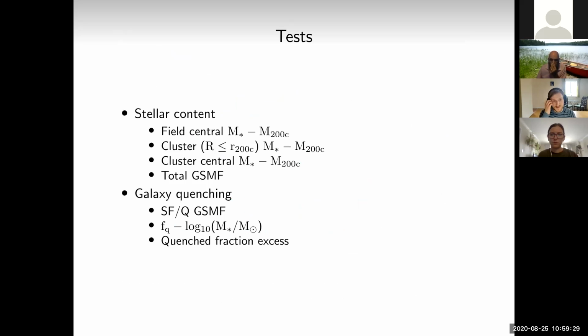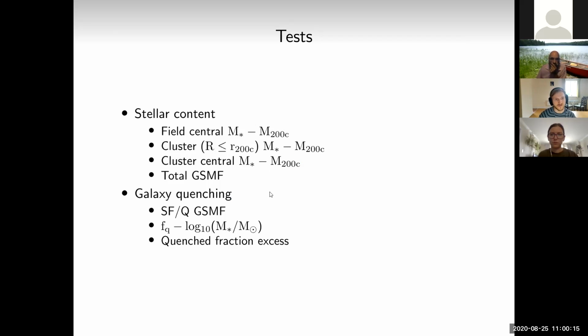Right, so what am I interested in seeing? There are two classes of what I'd like to look at. One is the stellar content of halos. And this is something that I'd expect the simulations to get somewhat right, at least, because all three models look at the galaxy stellar mass function, the field galaxy stellar mass function, as the simulations are run, to see if they make sense. So especially this first one, I'd expect them to perform reasonably well. Then the cluster galaxy stellar mass function, that may be slightly different, but still okay. And then the stellar mass to halo mass plot or relation, and